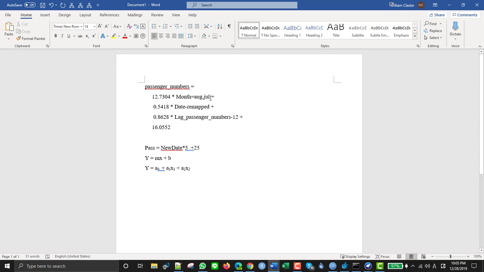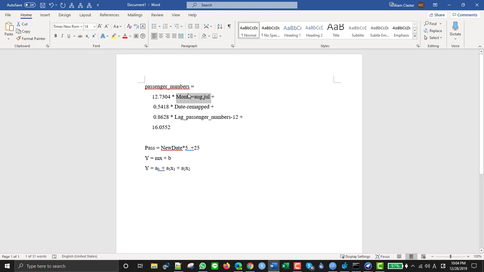But actually it means August or July. So if the month is August or July, then this whole thing, which we might think of as the variable name, equals 1, and otherwise it's equal to 0. So if it's August or July, then we multiply 12.7 times 1, so we get